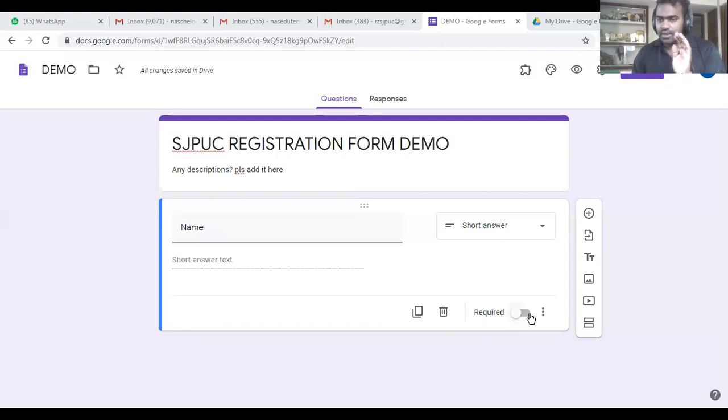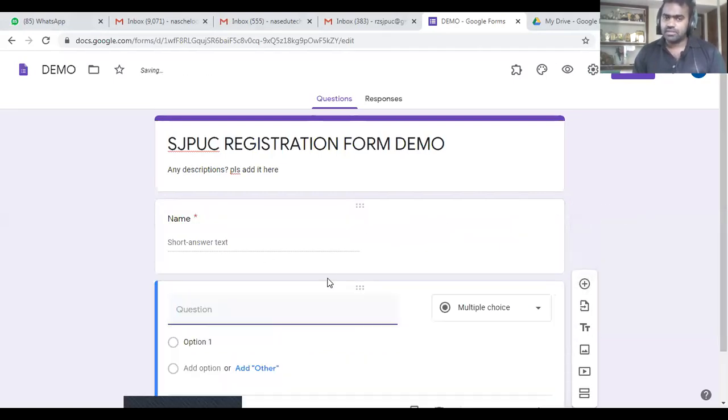If you should get the name of the respondents compulsorily, you can make this required. This would be shown with a star, which means it is a compulsory one. After that, you can add the next question or next field.